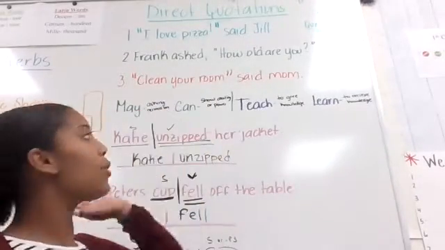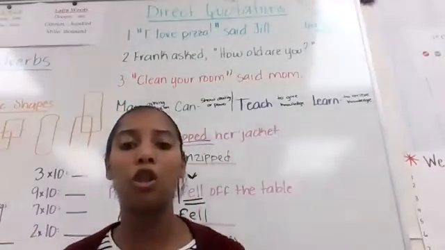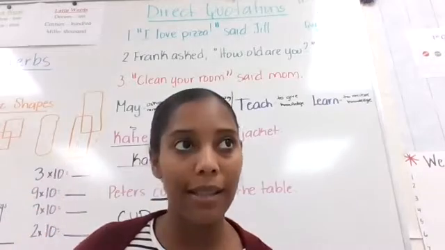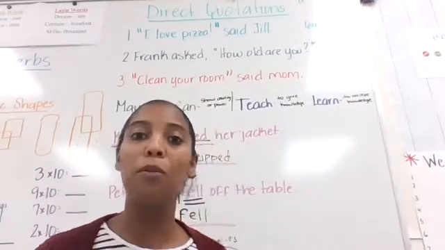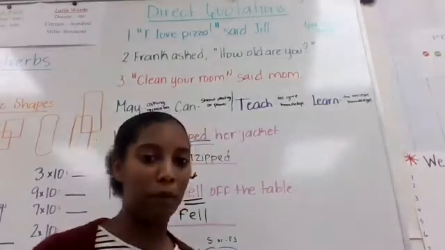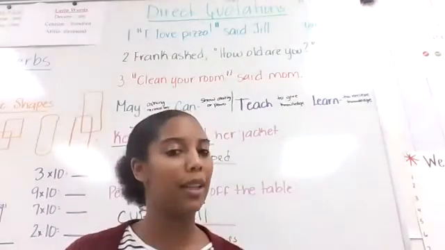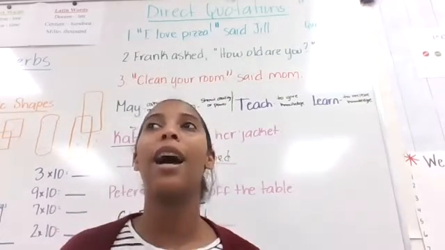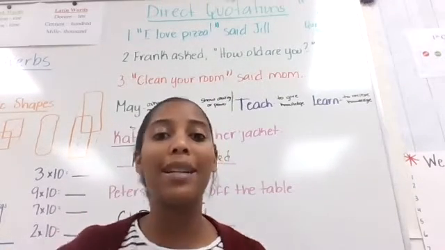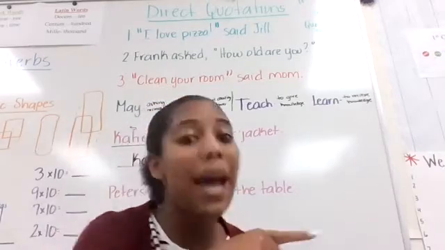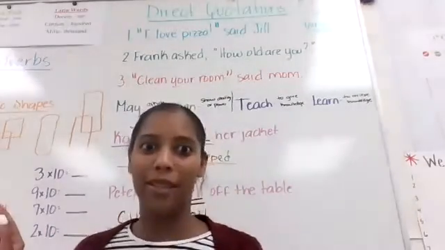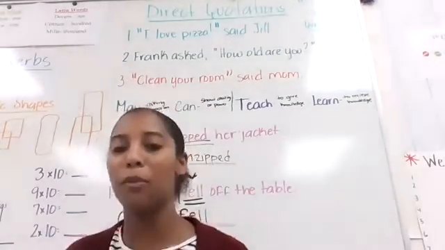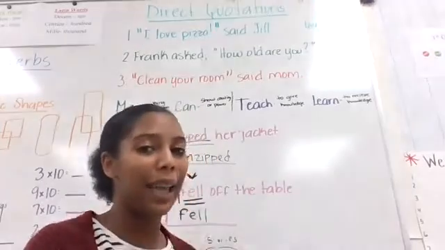Now, when it comes to can, we use can to show that we have the ability to do something. I can run fast. Do you see the difference? But sometimes we'll use can in the context of asking permission. We'll say, can I go to the bathroom? And that's not correct. Because when you say can, you're saying, I do have the ability to do that. But when you're asking permission to go to the restroom, you would say, may I go to the restroom? See the difference? We do use can a lot of times to ask, but the real word is may I, not can I.